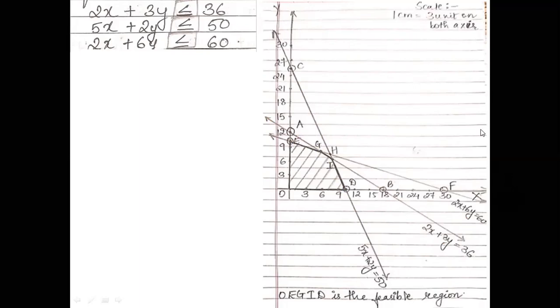In the further slide, as you'll see, I found out the coordinates of G and I like this. On substituting the first and third, I got the G coordinates directly to be 6, 8. As far as coordinate I is concerned, on solving, I saw that none of the numbers were the same for the variables. So I changed 3 and 2 and made it as 6y. So I multiplied equation 1 by 2 and equation 2 by 3.